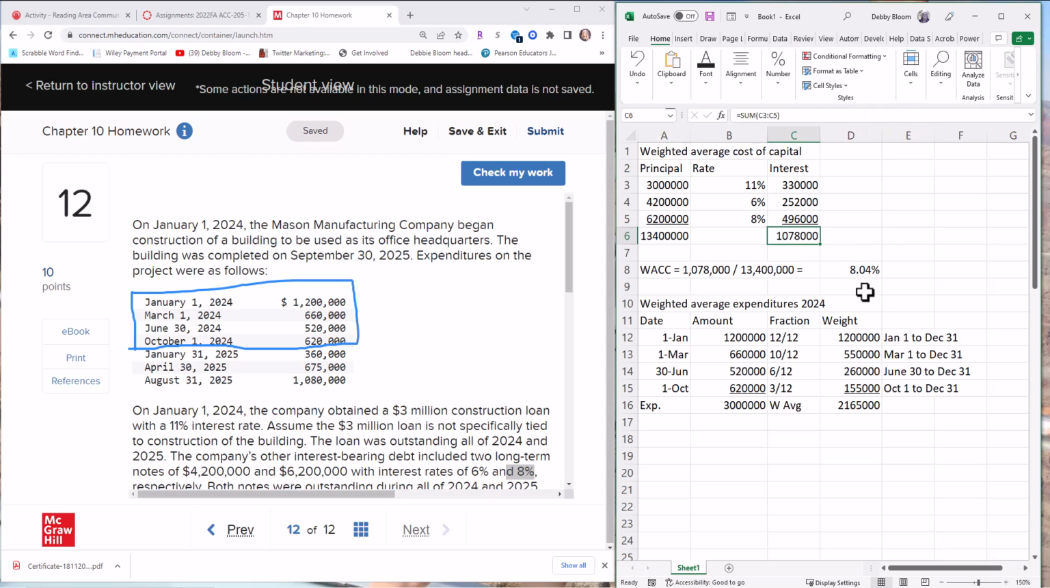Now, our total interest per year, $1,078,000, weighted average cost of capital, 8.04%. So in this case, we're not going to compare it to the total interest expense. We're not going to care about the construction loan. The entire weighted average is going to be at the weighted average cost of capital, and 2024 is a full year. So our interest, potentially capitalizable,